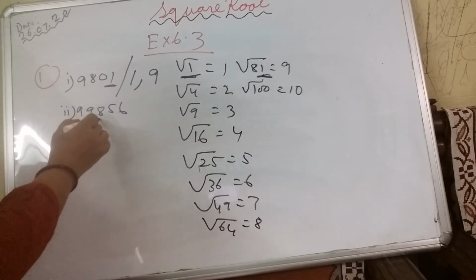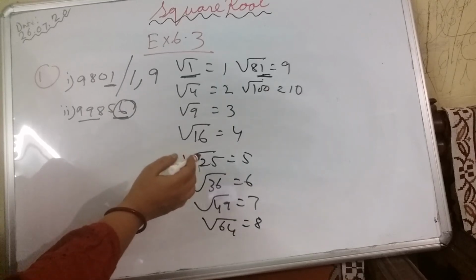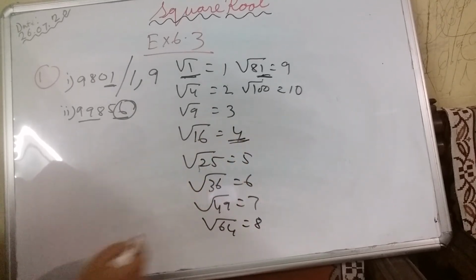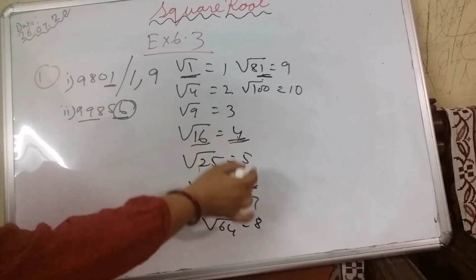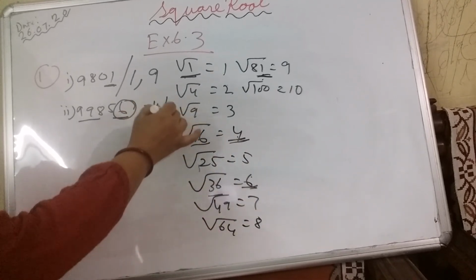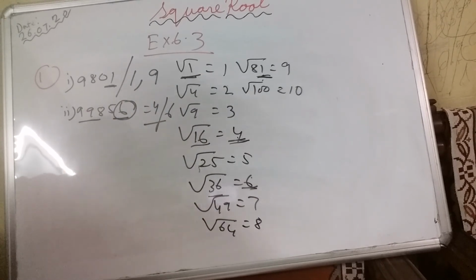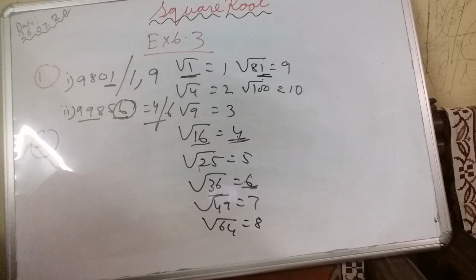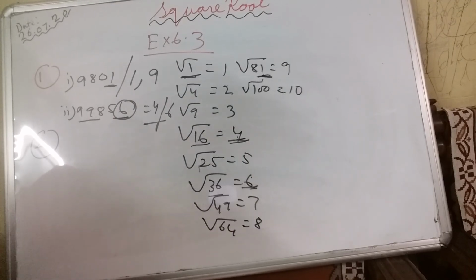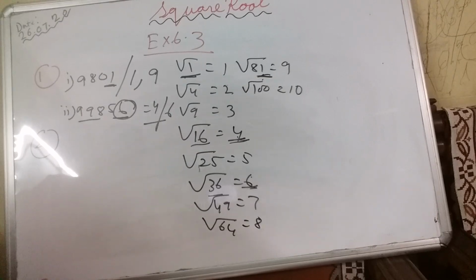So for 99856, when it is 6, where does it come from, this is 4 and 6. If you take the square root, from 16 and 36, you will get 4 or 6. Same way, this is question number 2. Without doing the sum, you have to find the numbers which are not perfect squares. So what are not perfect squares? You know already the